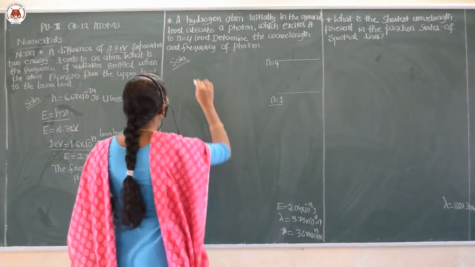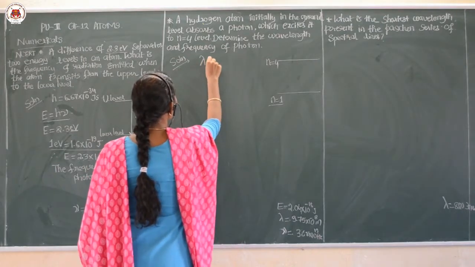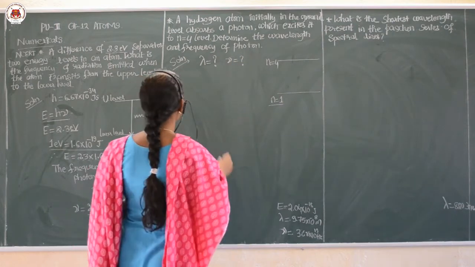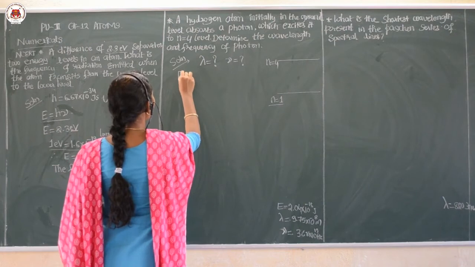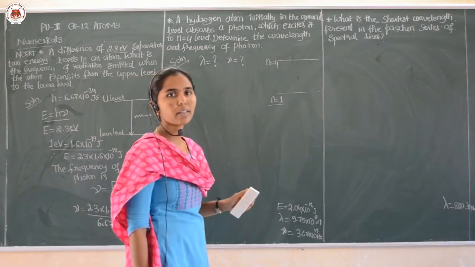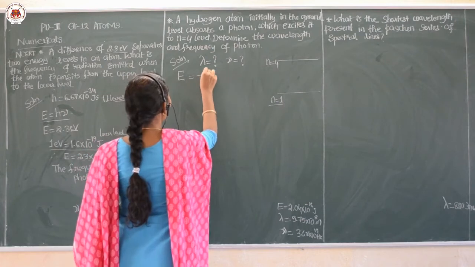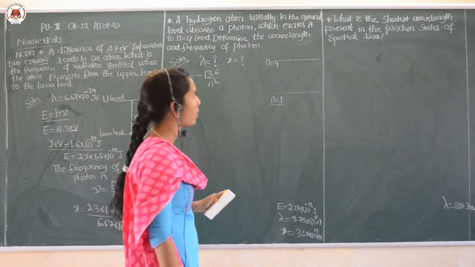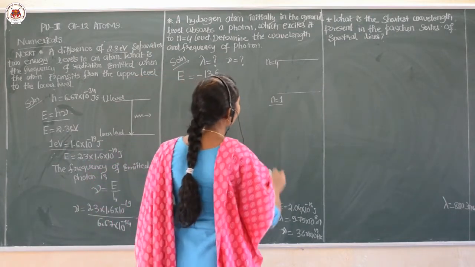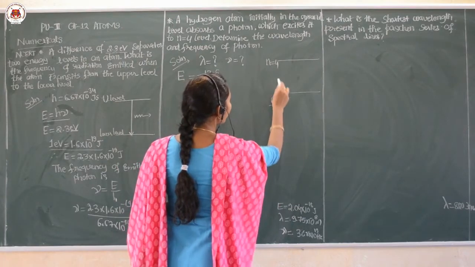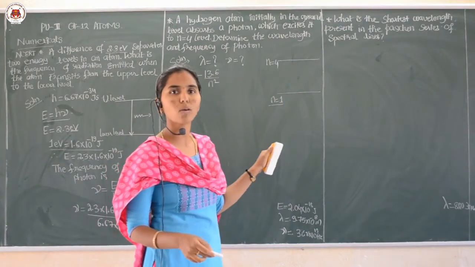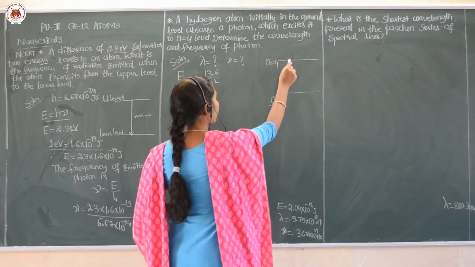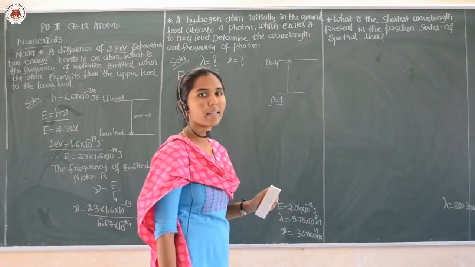Okay. Then coming to the point, what else do we need to calculate? Lambda and the frequency, right. And we know that the energy of the electron in the nth orbit can be given by the formula minus 13.6 upon n square. Can you remember this? Of course, right. And here, the transition is taken from level 1 to level 4. Ground state means n is equal to 1 will be taken, then it is excited to a higher energy level.